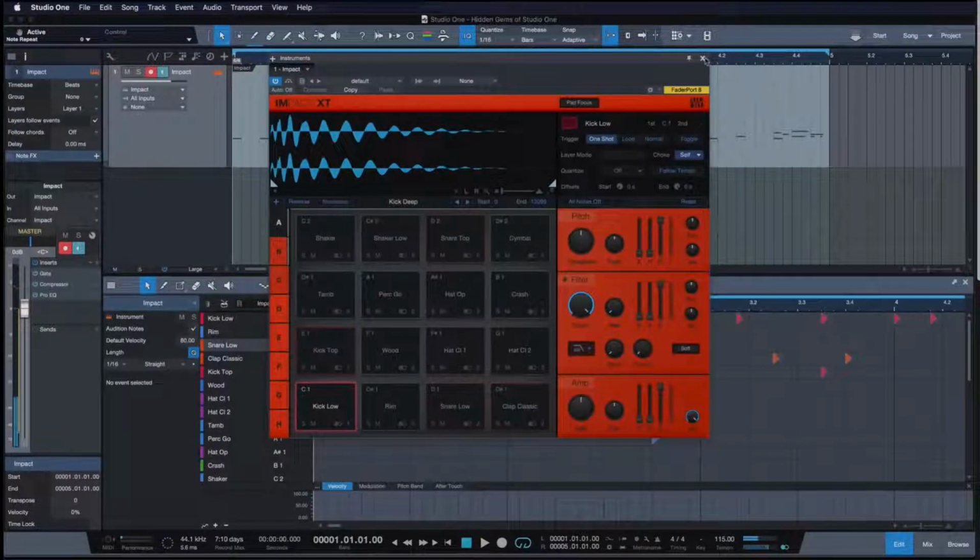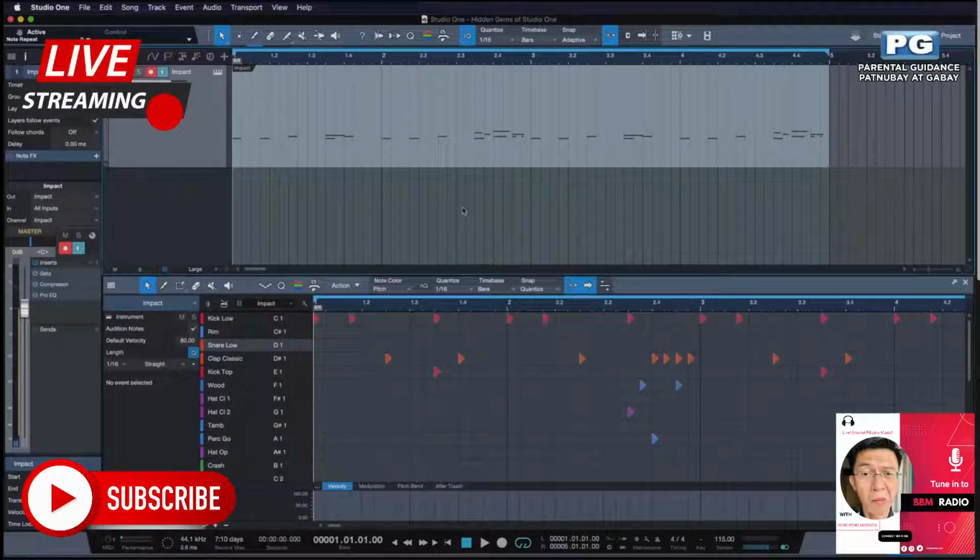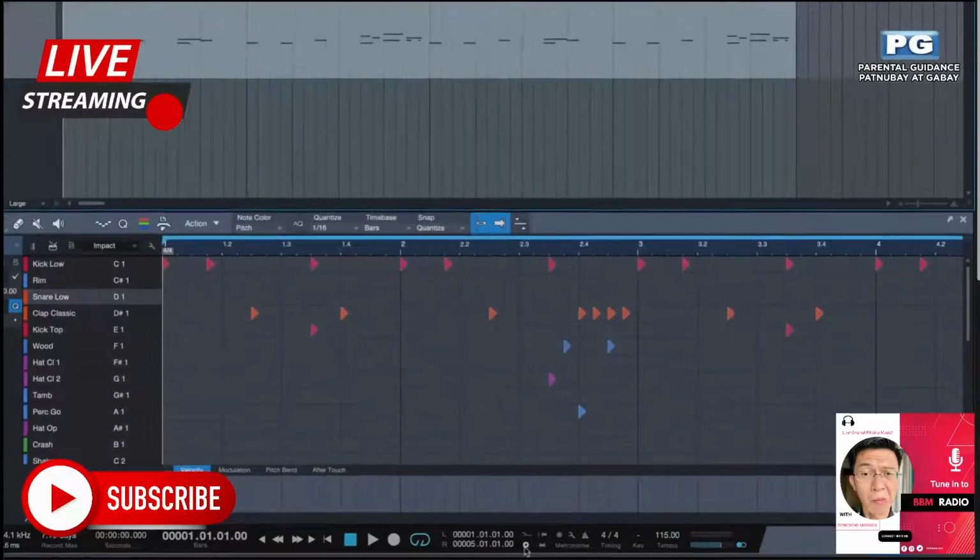All right, so that's the beat I have going on here from Impact. And I want to add a couple more elements here. Maybe with this snare drum over here. But I want to do so with a couple of varieties that I could probably not play if I did it by hand. So there, another hidden gem of Studio One comes in really handy, and that's the note repeat